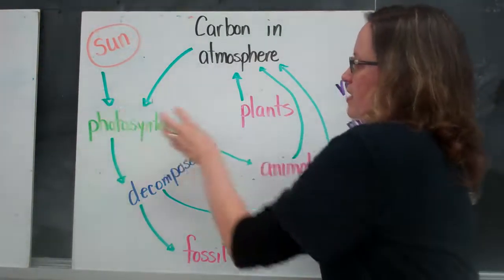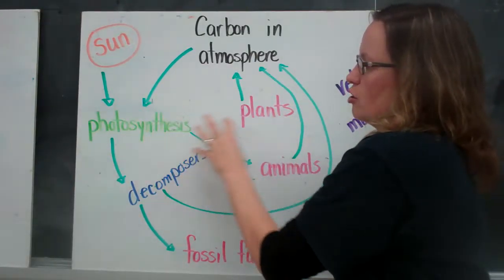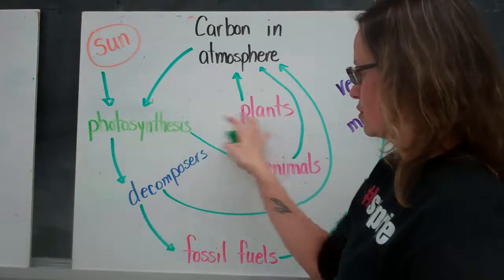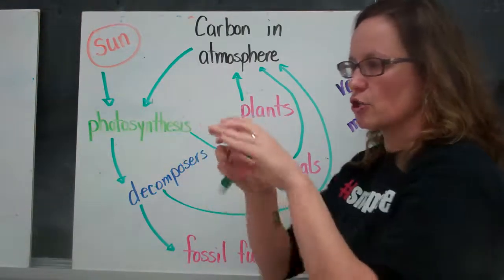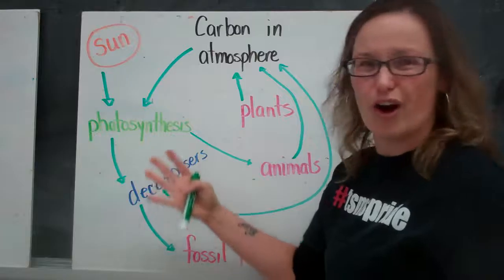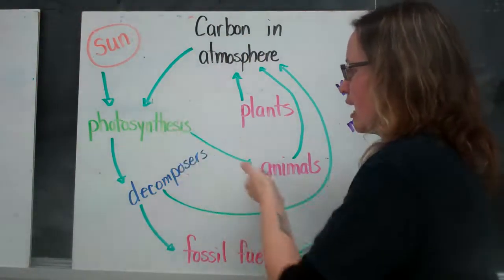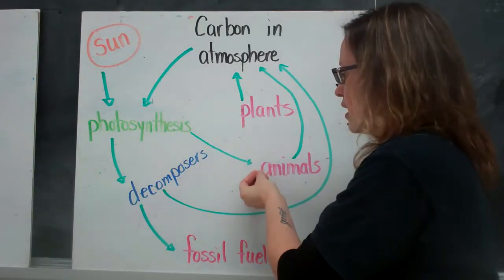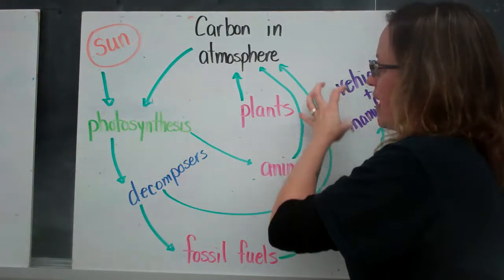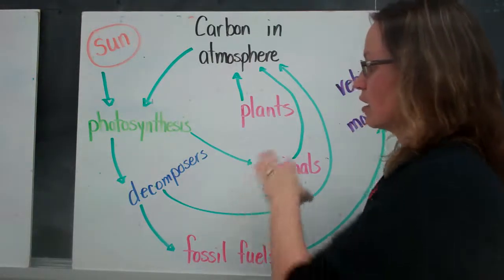But I've got photosynthesis here, and then I've got plants here. So I just wanted it in 2 places, but don't get confused because they're connected. So that photosynthesis is just our foundation of our flow, our pyramid. Animals then can consume that carbon from that photosynthesis, and then they can release that into the atmosphere when they